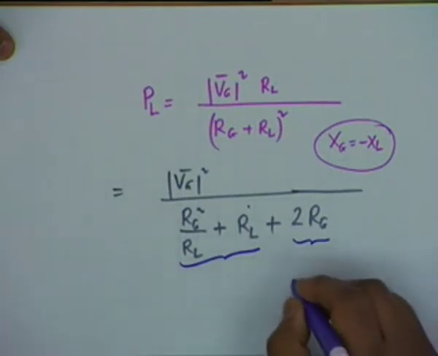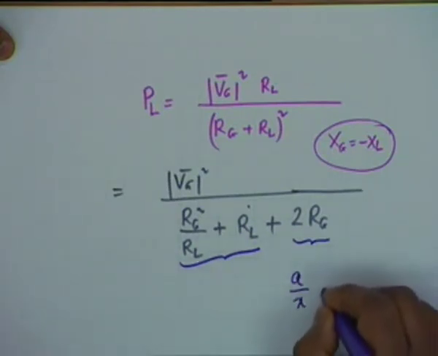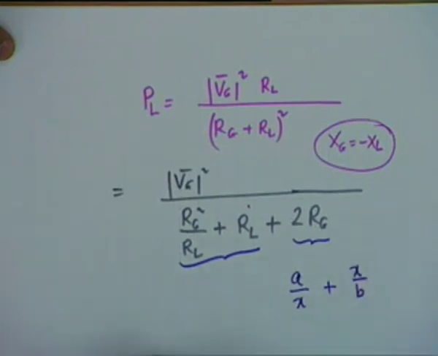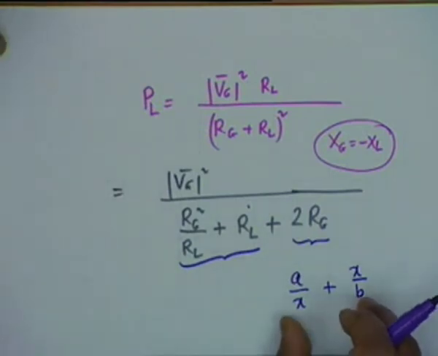Whenever you have an expression of this form, A by X plus X by B, you should remember throughout your life that whenever you have an expression in which one of the components increases with the variable, the other component decreases, then the optimum, that means the minimum, is obtained when